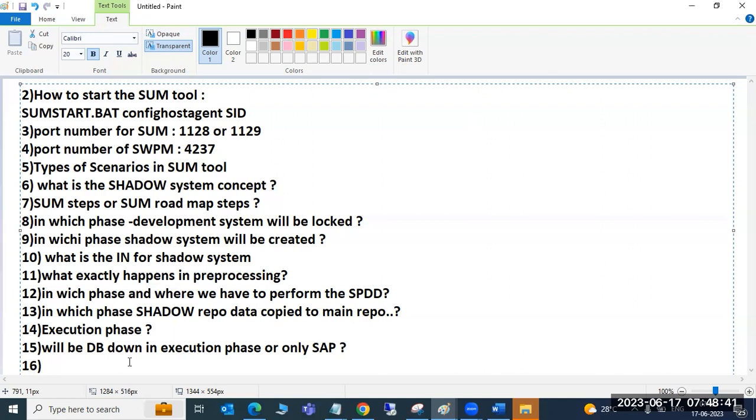They may ask why SAP is stopped in the execution phase. You need to say that the repository data, meaning programs, structures, tables and function modules, is all being updated in the execution phase. While SAP is up, those programs cannot be modified.